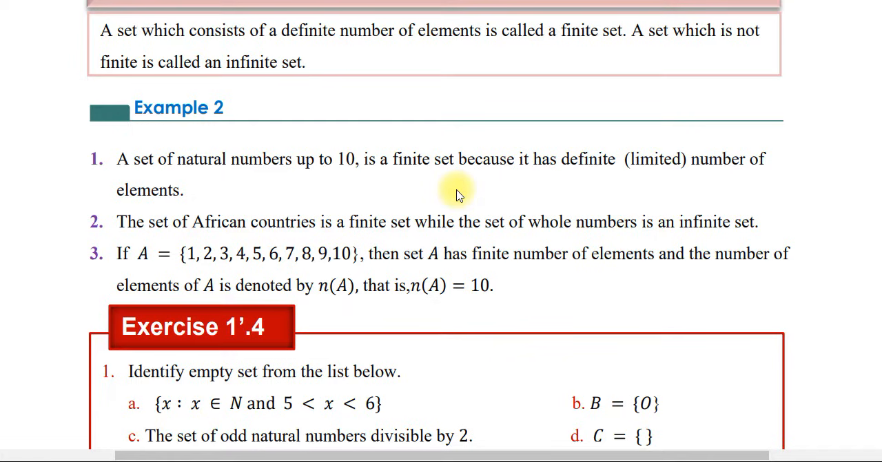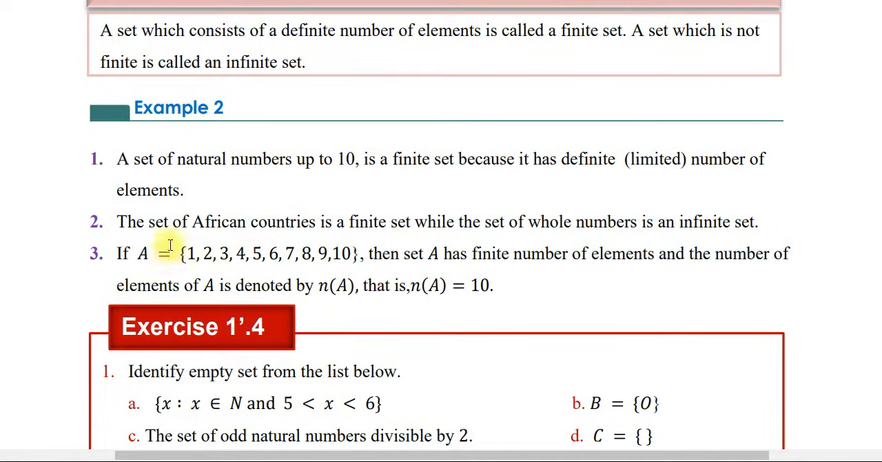ስለዚህ finite set እንለዋለን። B ደግሞ the set of African countries is a finite set while the set of whole numbers is an infinite set. አሁን African country there are almost 54 countries in Africa. በአፍሪካ ወደ 54 የሚደርሱ ሀገሮች አሉ። ስለዚህ ፋናይት ነው፣ ታወቃል፣ ዲፋይንድ ነው። But the set of whole numbers ኢንፋናይት ነው። እንግዲህ ከዜሮ ጀምረው 1 2 3 4 5 6 እያል እስከ ኢንፊኒቲ ነው የምንሄደው። ስለዚህ ኢንፋናይት ነው ማለት ነው።